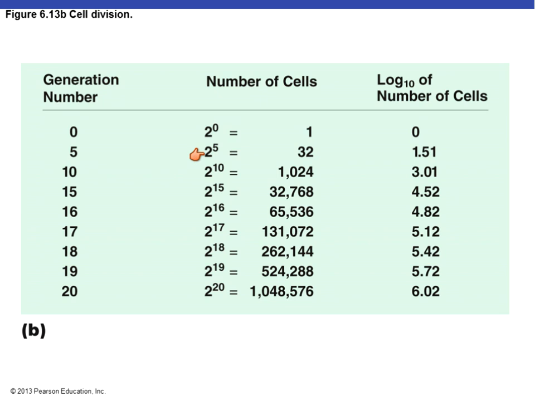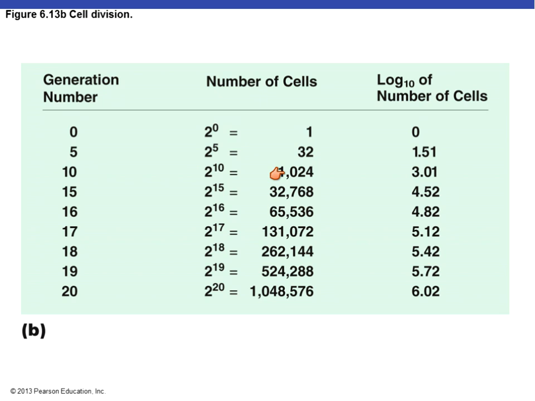So if you have this one cell, after it's gone through 5 generations, so we can use the term generation, doubling, or I'm trying to think of other terms you can use for this. So generation number and cell doubling or divisions, then that's what this superscript number stands for. So 2 to the 5th power is 32. One cell